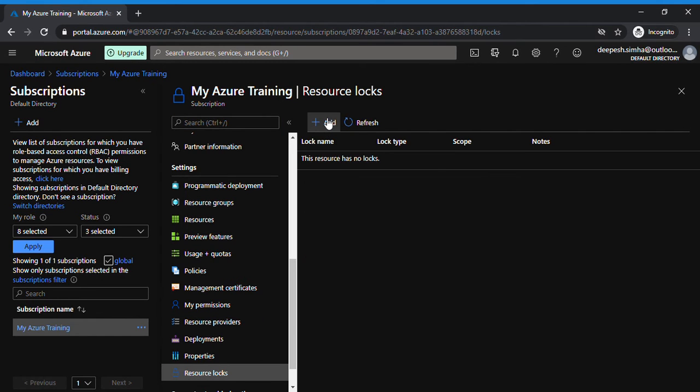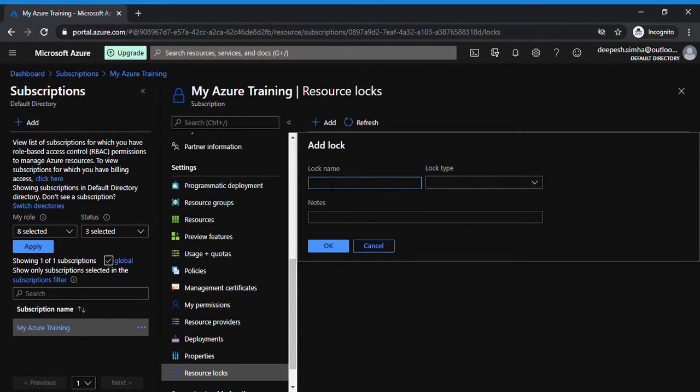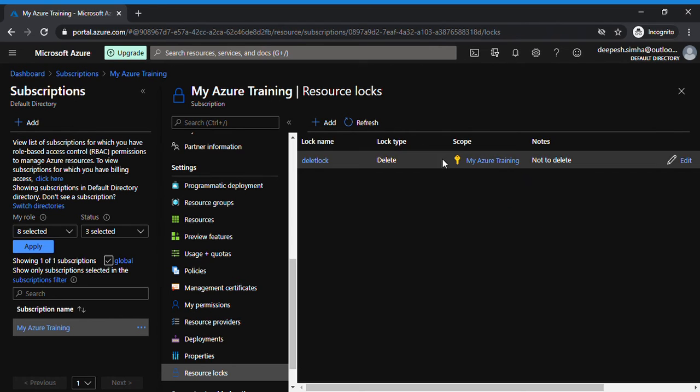Open this beauty, right? Okay, cool. Lock name, I'll select delete lock, so I'll say delete lock, and here I select a drop down, delete, and in notes, "not to delete." Say okay. I have applied the subscription level. Now when I say I have applied it at the subscription, it is going to inherit for all your resource groups,